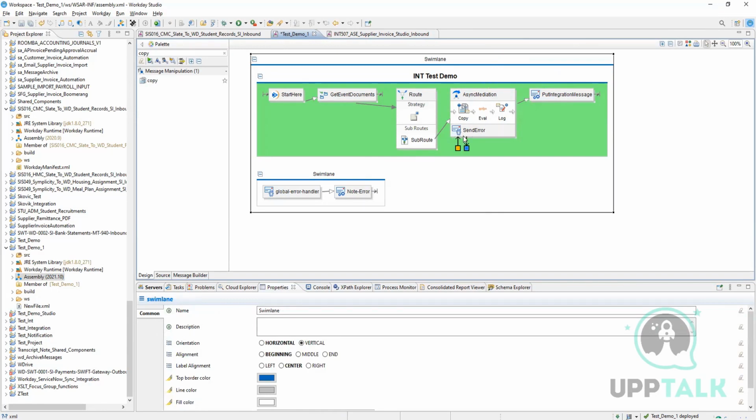Now what it does is that whenever there is an error in this async mediation, what happens normally? The message starts flowing backward, right? It starts going backward till the end, and if nothing is there, it comes to the global error handler. That's how it is. But if you want to capture it, because you know what the error is,